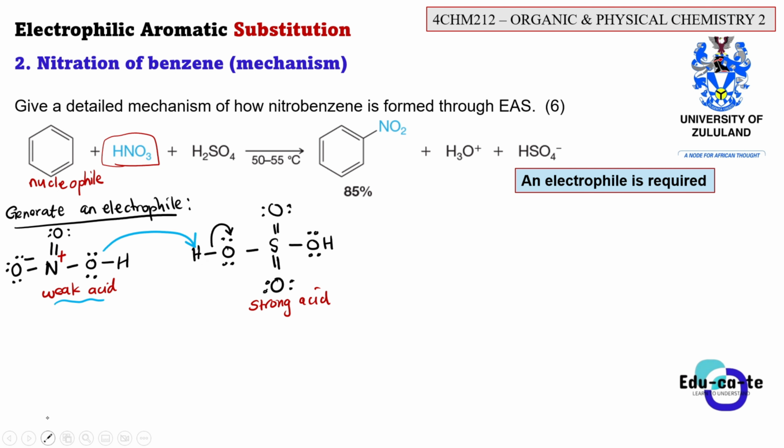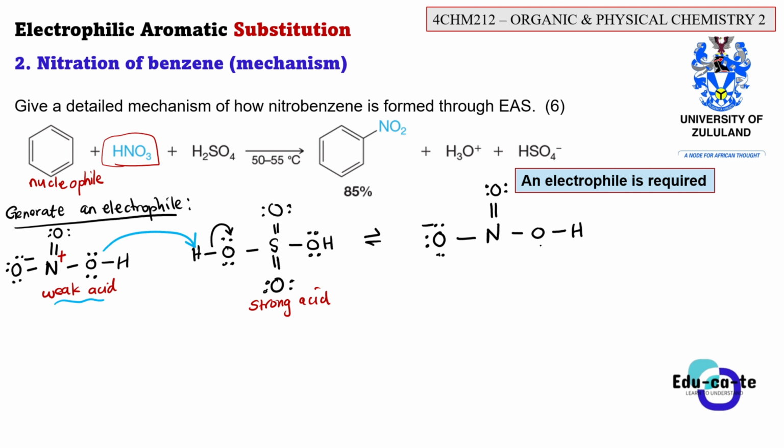So now after that, we'll have a structure like the following. When we have this structure, we're still going to have our oxygen here. Then this oxygen has 3 lone pairs of electrons, so it has a negative formal charge. Then we have a nitrogen here. Then this is a double bonded oxygen having 2 lone pairs of electrons, right? And then now we have an oxygen, right? We had a hydrogen at first, but now we'll have another hydrogen here. Okay, then we only have 1 lone pair. But let's look at this carefully.